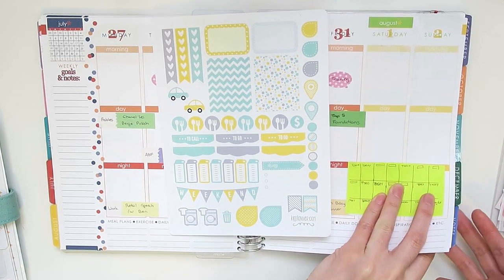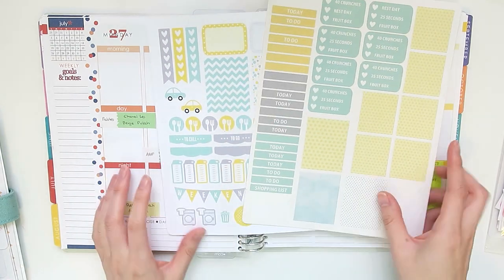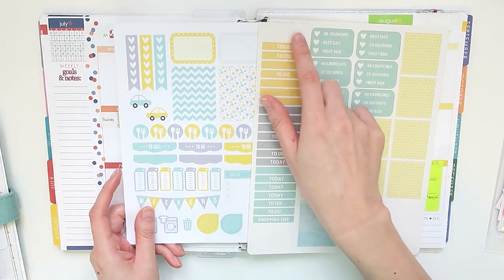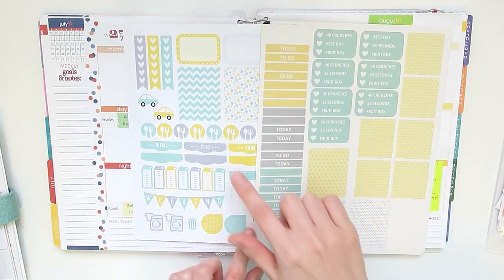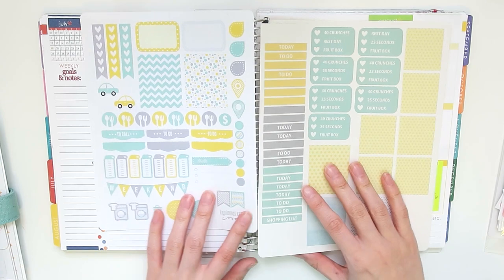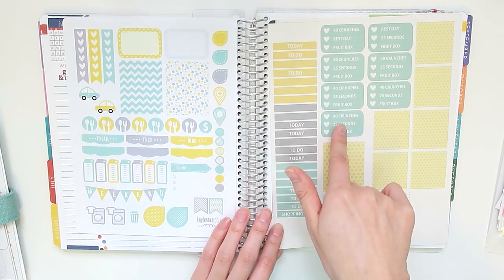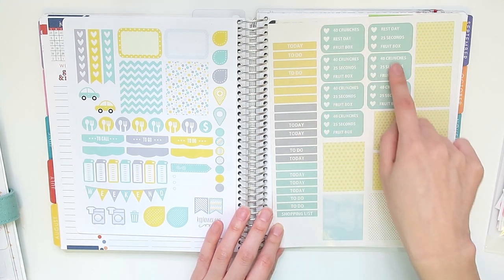So in traditional style, I have printed out my own matching sheet to kind of go with it. The colors don't completely match. I think my paper is a little bit gray, which now kind of annoys me, but I just don't know where to get this sort of paper. I think I'll just have to keep searching the internet, but you can kind of see the correlation between the two colors. So at least I have all the tabs at the top, I have my fitness stuff,